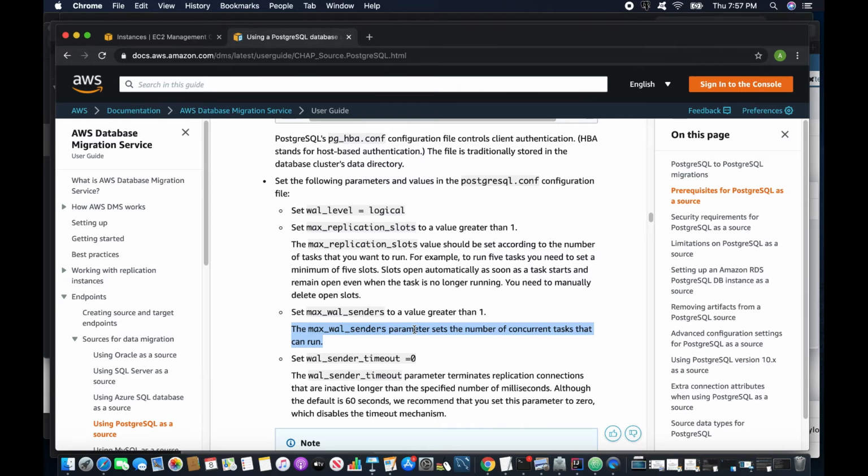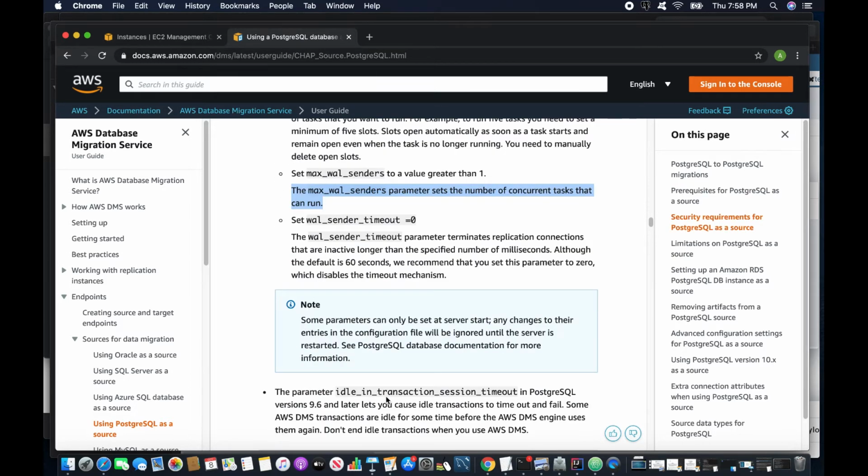Then the last one is the max wal sender timeout. The timeout parameter terminates replication connections that are inactive longer than the specified number of milliseconds. They are saying the default is 60 seconds and they are recommending to put it at 0. That means it never times out. Okay,